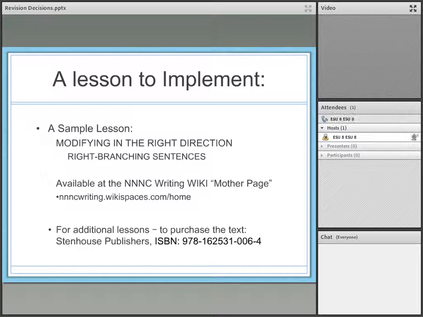In order to try to help you understand more about what I have been speaking to you about today, I have created a download of a sample lesson that goes with the text that John Anderson and Deborah Dean wrote. The sample lesson is called Modifying in the Right Direction, Right Branching Sentences. Now, what you will find in this document when you download it is that you will have the rationale, you'll have the classroom